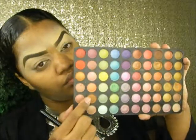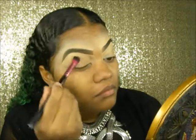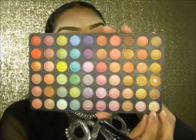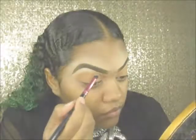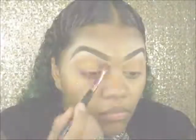And now time for eyeshadow. I'm grabbing this matte, kind of like a brick brown, a brown with an orange undertone, and I'm using that as my transition shade. So I'm just applying that all over my entire lid, on my crease, all of that eyelid area. And now time to highlight our brow bone, and I'm grabbing this